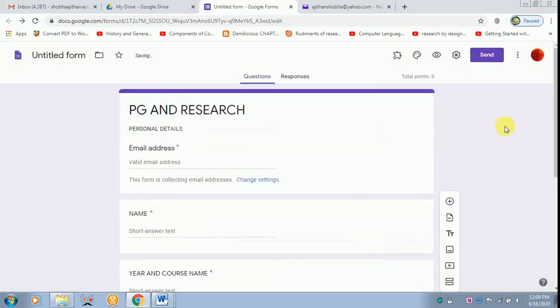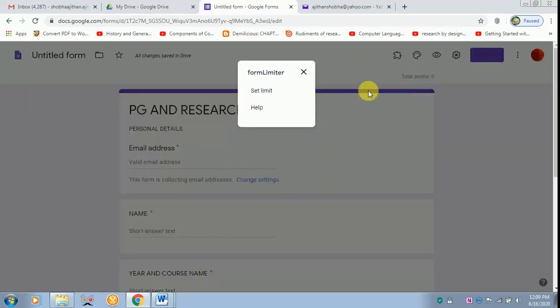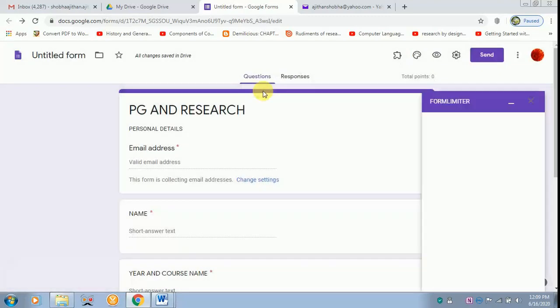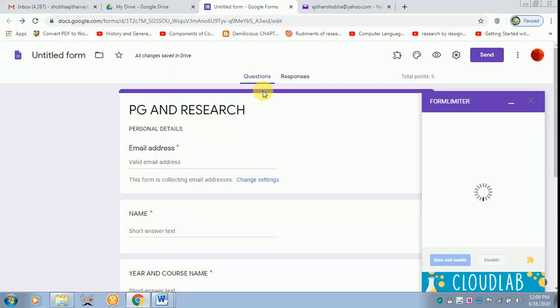Once you are done with it, move on to add-ons, go to form limiter, set the deadline as to when they have to submit the essay. Later you have to click select.